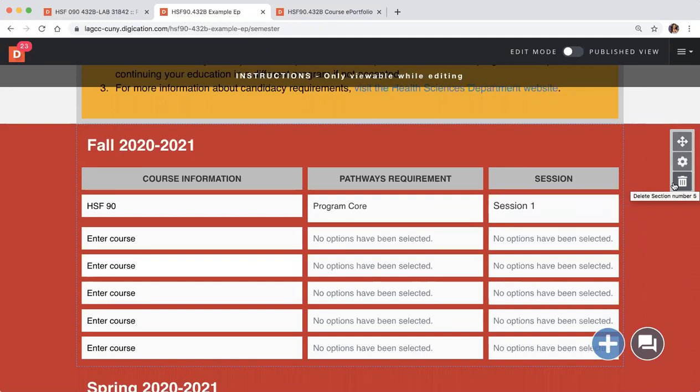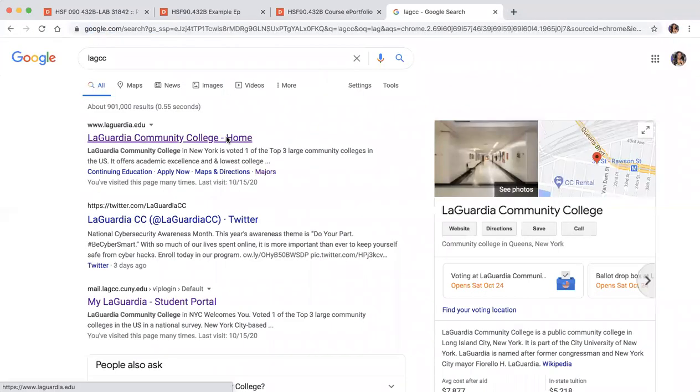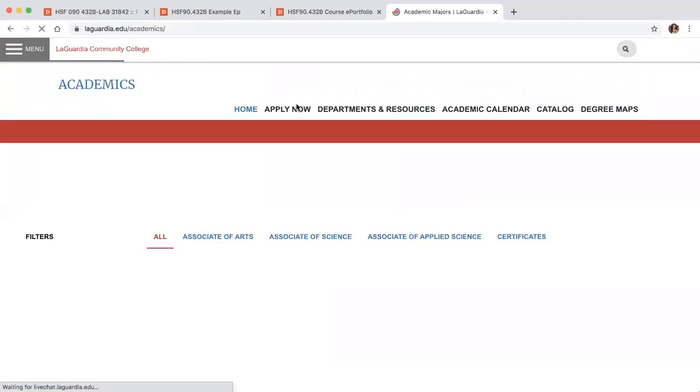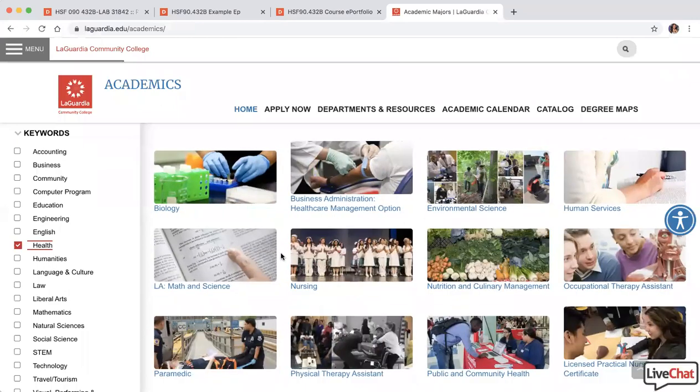And then you could go ahead and fill out the rest of your courses like that. If you're not sure what the pathways requirement is, you could always look on your degree works and figure it out. So for example, if I go to the LaGuardia Community College website, and I go to academics and I click on nursing, per se,